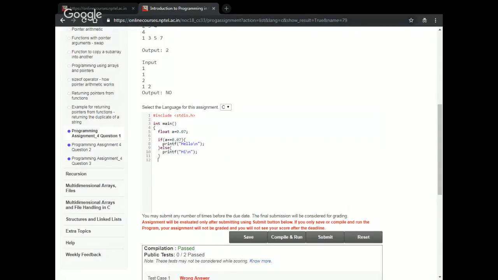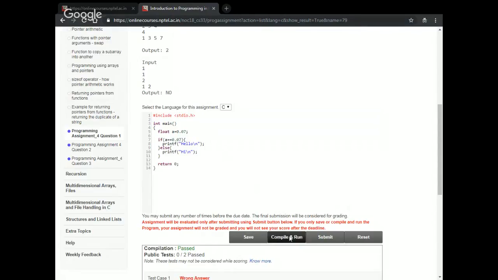Okay, so this is a very simple code, and a is assigned floating value 0.07, and you would normally expect that this program should say that a is equal to 0.07 and it should print hello.